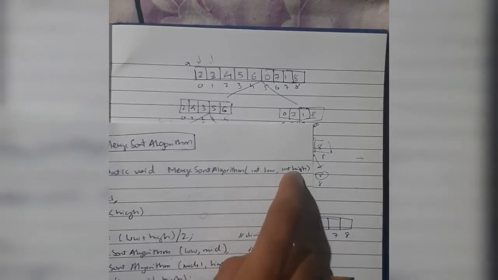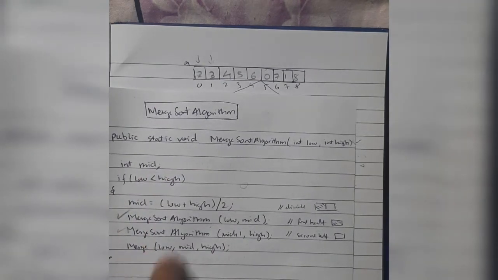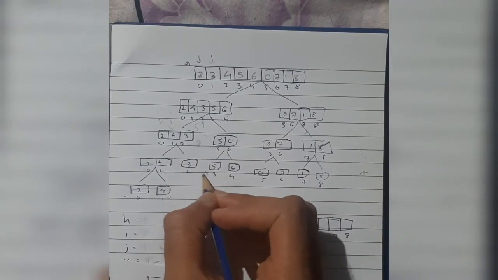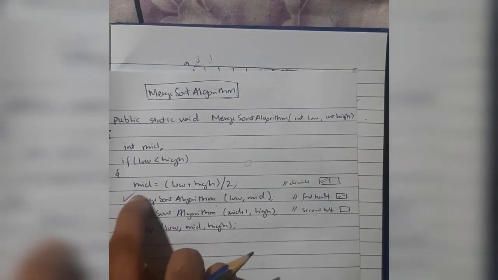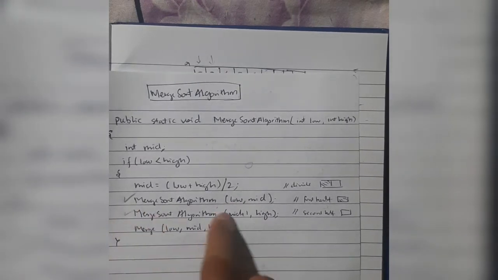Okay, here 3 and 3 will come, and it will be checked: 3 is less than 3, it's false, so this will not be executed. Okay, this one was not executed for the value 3 and 3. Next, it was not executed for the value 3 and 3.